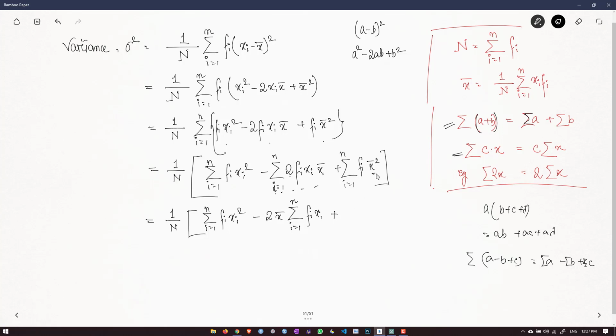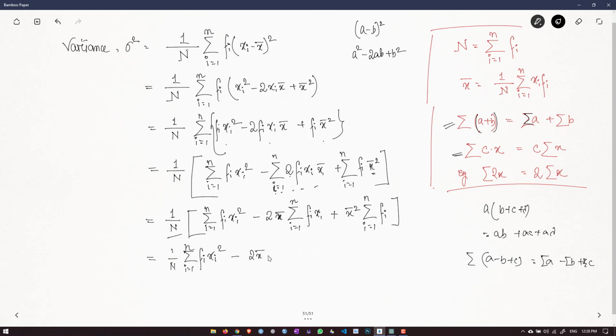Plus here also this term is constant, so x bar square summation i goes from 1 to n fi, right? In this step we have simply taken the constant terms outside the summation sign, right? Now we will multiply 1 by N to all of them. So 1 by n summation fi xi square, i goes from 1 to n, minus